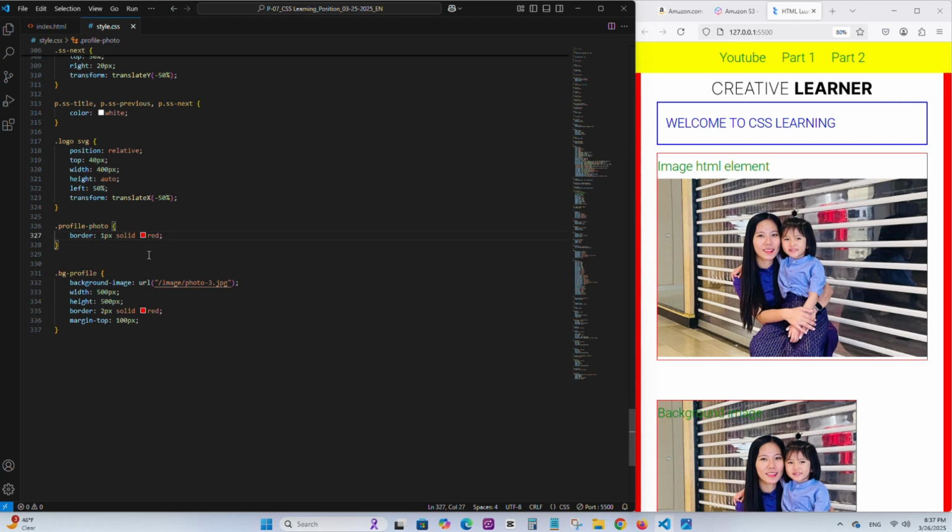Okay, so how can we remove this white gap from the image at the top? That is the HTML element. To remove that, you might be thinking, what if we just enlarge it? So we might think of giving it a width. I'm going to add, what if 500 pixels, and also I'm going to give it a height. This time I'm going to say auto. If I save it,